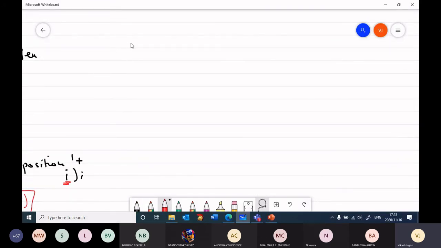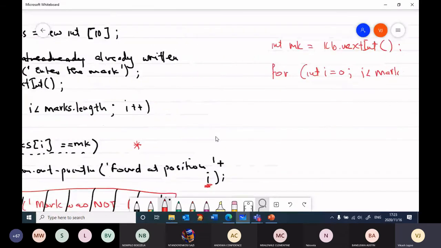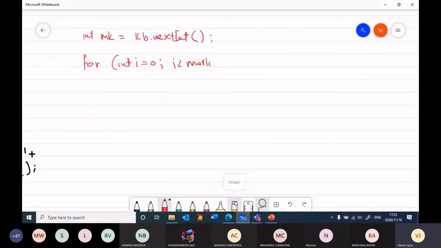So let's look at how we should go about solving this question. Let's get the mark that I'm searching for. Int mark equals kb dot next int. I'm leaving out the SOP above that. You should understand what that means. Let's start my loop: for int I equals 0, I less than my array. I'm still keeping my array called marks, with an S. So I less than marks dot length